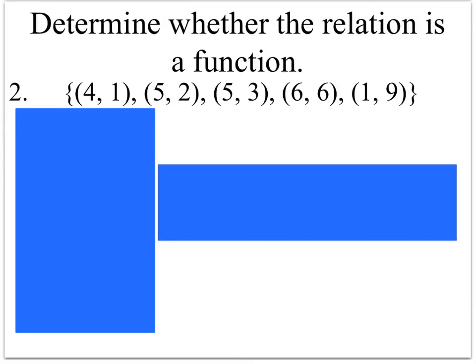So now let's take a look at this relation. We have a relation with several ordered pairs or coordinate points. We have (4, 1), (5, 2), (5, 3), (6, 6), and (9, 1). By using mapping, we need to see if this relation is a function, if it has a one-to-one relationship. So if we actually map this, you will see